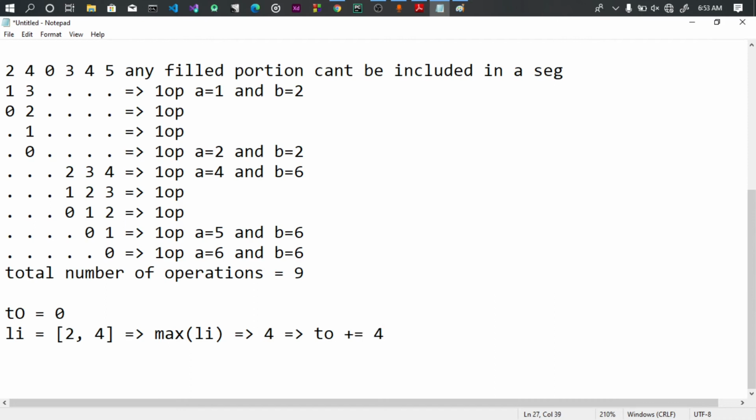4. So therefore we'll increment our total number of operations, and we will not consider this list again since we have gone for the maximum value, and this will give us the maximum number of operations that will happen in this list. If we want to check it, we can see that we'll have